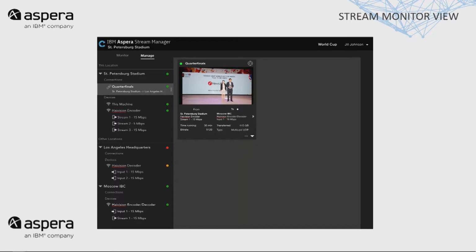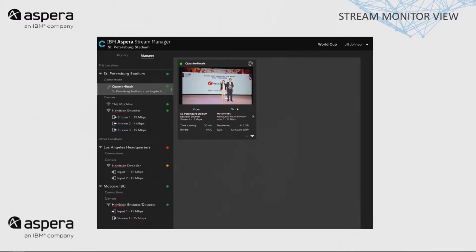We're sending a 15 meg stream from that Haivision encoder back to a decoder at 15 meg. And we're seeing a thumbnail of what's going on, so we know what that feed is. We've seen how long it's been up, what the bit rate is, and what the bytes transferred are, as well as the type. UDP, RDP, RTMP, RTSP, whatever the source is. There's a drop-down here that also shows you network stats and shows you more video stats, so frame size, frame rate, encoding type, audio types, and so on and so forth. So we can monitor this through this simple connection from St. Petersburg. If there was more than one stream, you would see tiling of those streams.